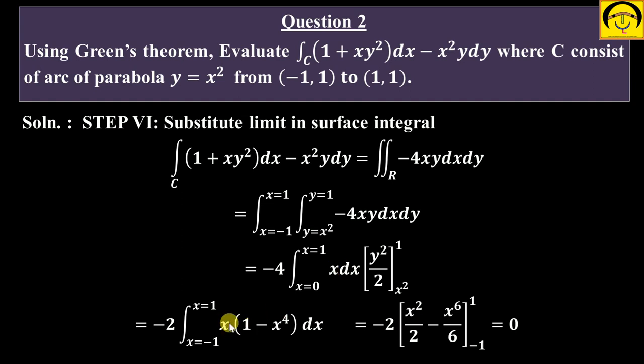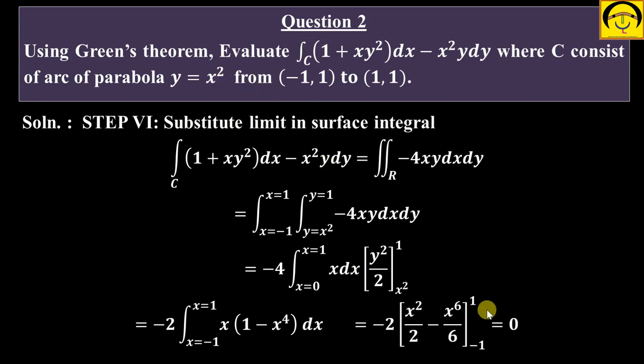आप फिर x यहाँ मल्टीप्लाई करोगे तो ये हो जाएगा x और x⁵। सो जब आप x के रेस्पेक्ट में इंटीग्रेट करेंगे तो हमारे पास x²/2 और x⁶/6 आ जाएगा। अब यहाँ पे आप लिमिट सब्सटीट्यूट करोगे 1 और -1, सो 1/2 - 1/6 माइनस 1/2 + 1/6। सो ये दोनों कैंसिल होके आ जाएगा 0। सो योर आंसर इज 0। इतनी मेहनत करने के बाद आपके पास आंसर क्या है, 0। ठीक है।